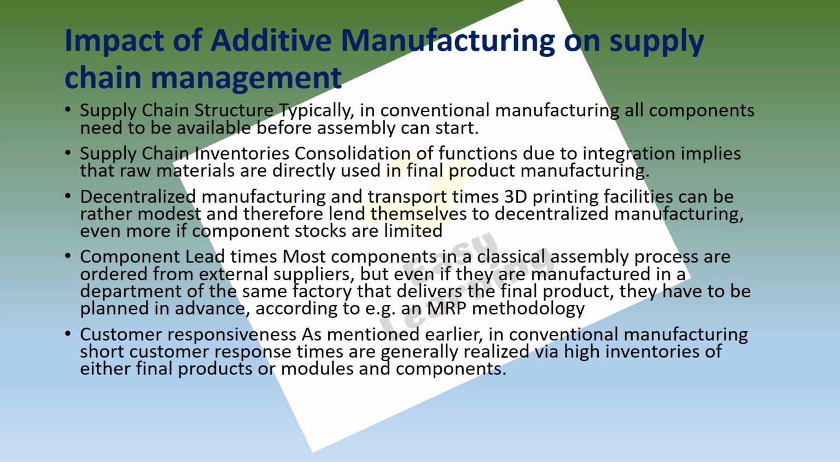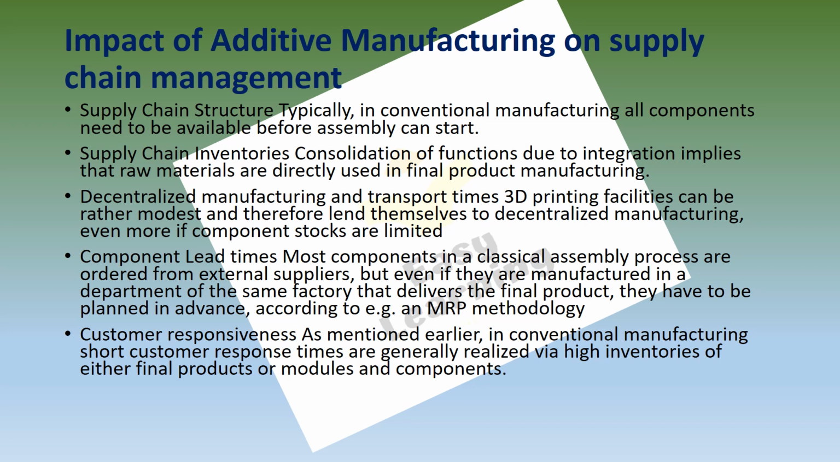Okay, so components constituting the product are replaced by fewer but more complex components which integrate various functionalities. तो हमारा जो आपका जो सप्लाई चेन जो स्ट्रक्चर है, that is typically conventional manufacturing. All components need to be available before the assembly can start. If a number of components are skipped because their functionality is integrated into the 3D printed parts, the corresponding supply relation is no longer needed to reduce the